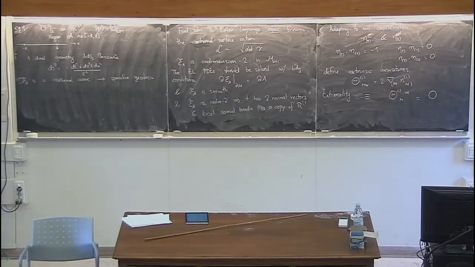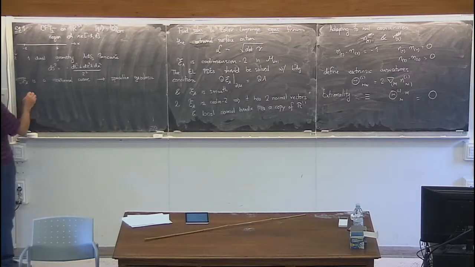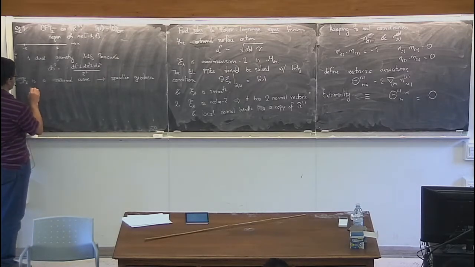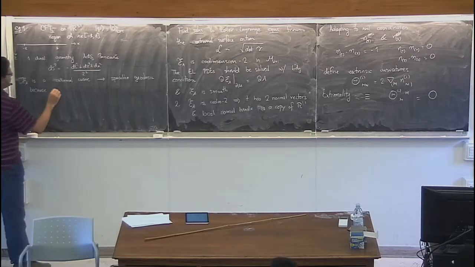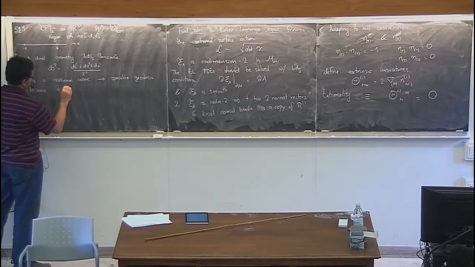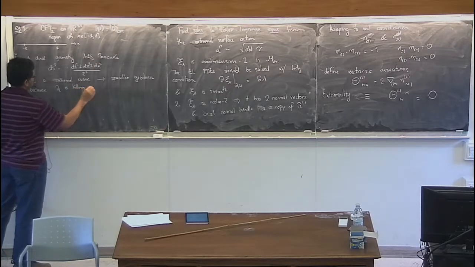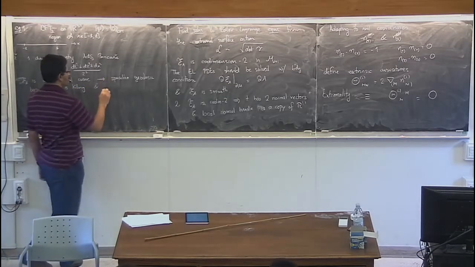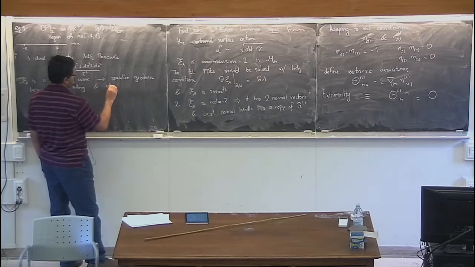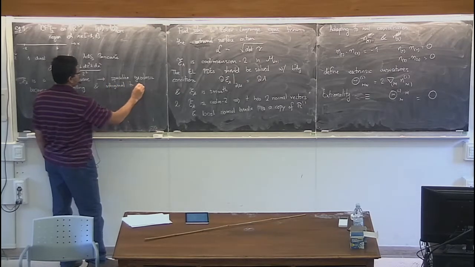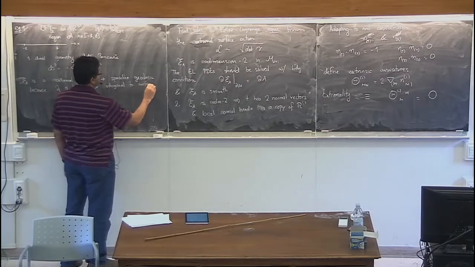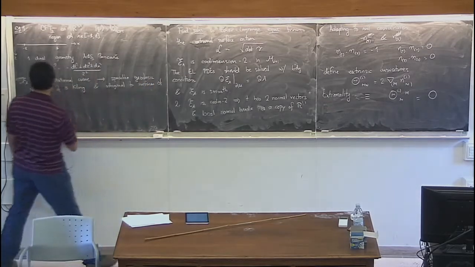Okay. So because d by dt is Killing, and orthogonal to surfaces of constant x and t, of x and z,